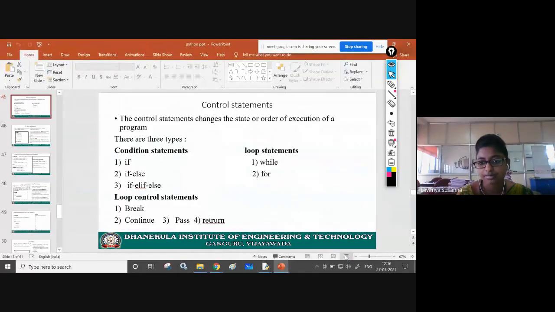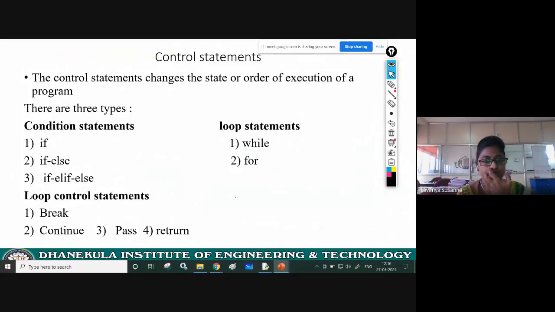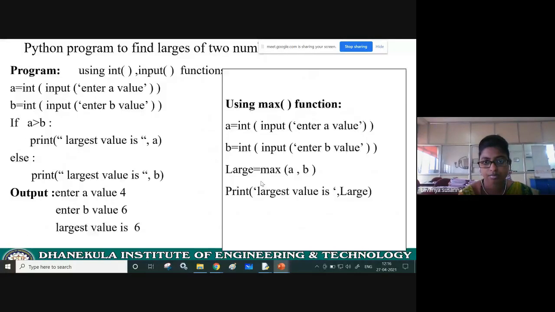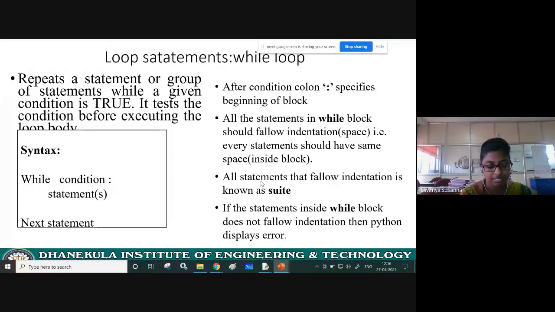Now next, let us see while and for. See here, the while syntax.